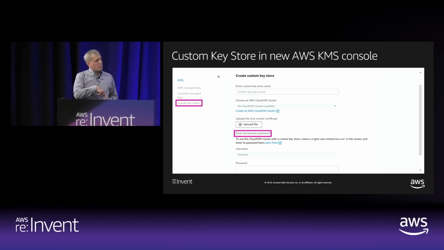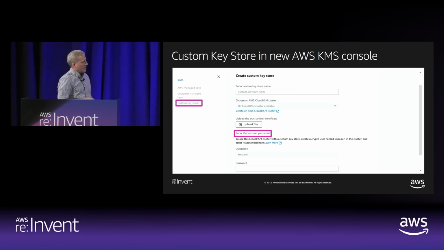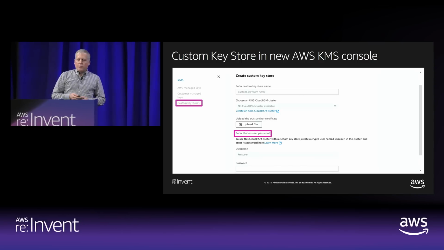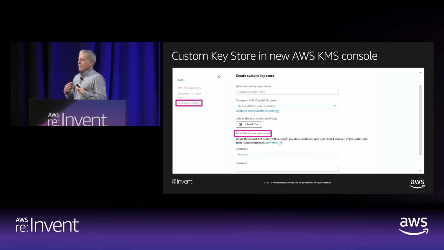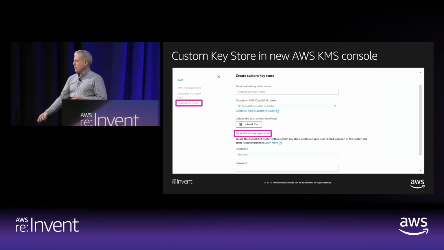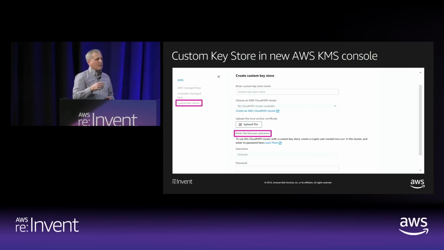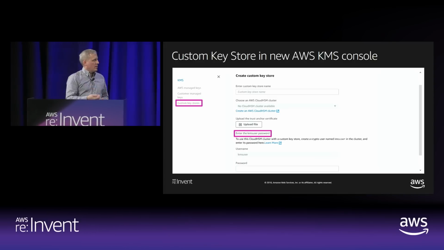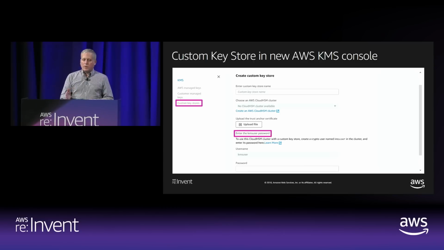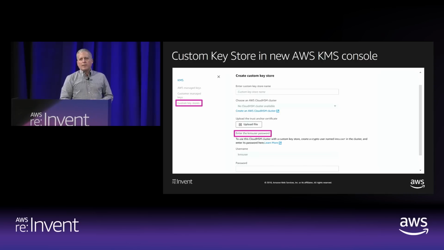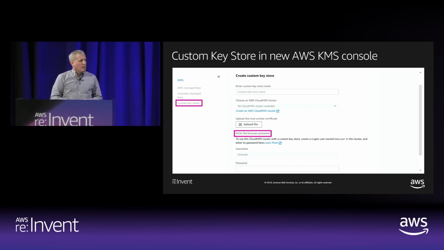You will define a password for that KMS user. You will share that password with us the first time, right here, and then we will go through the process of rotating that password. So this is an important distinction because you're effectively giving KMS permission to connect to your bespoke Cloud HSM cluster, use a single key, act as a crypto user to do encryption and decryption events. You can also have KMS key lifecycle management APIs affect the key in your Cloud HSM cluster. For example, disabling that key, deleting that key, right?